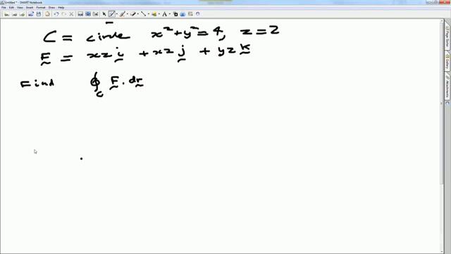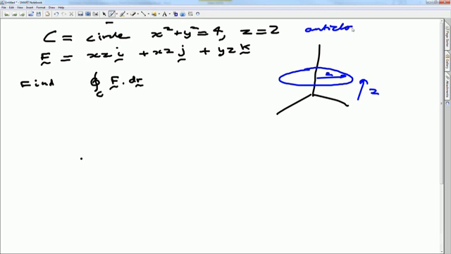Hi, this is a little example on how to do some line integrals when you've got 3 dimensions. So here we've got a situation where we're in 3D and our curve is a circle with radius 2 at a height of 2, so it's sort of a circle sitting in place. We've got some 3-dimensional vector field, so xz, xz, yz are the different components. We want to find the integral by integrating this curve, with orientation,